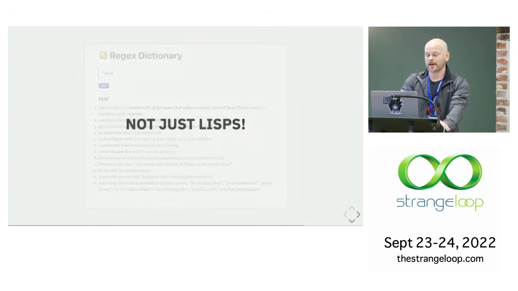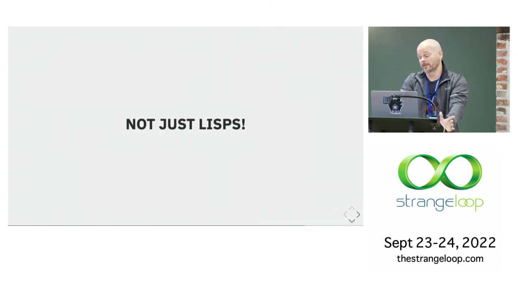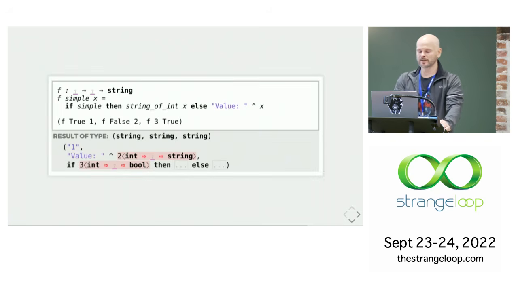So you get errors when you have gotten your text out of sync with your running image. Now, obviously, I have a huge Lisp bias. I happen to love Lisp. But it's not just Lisp. There are other people doing good things. So this is called Hazel. This is from Cyrus Omar's team. You see those little question marks after the function there?